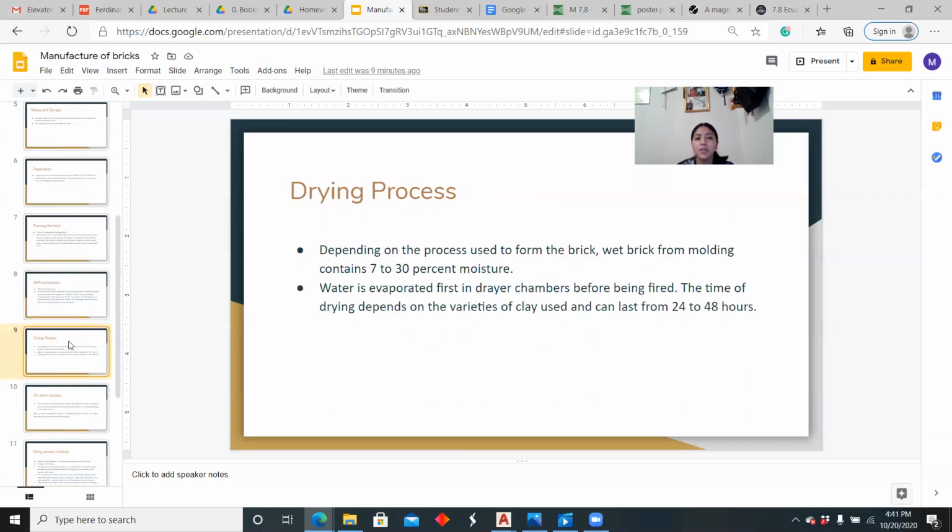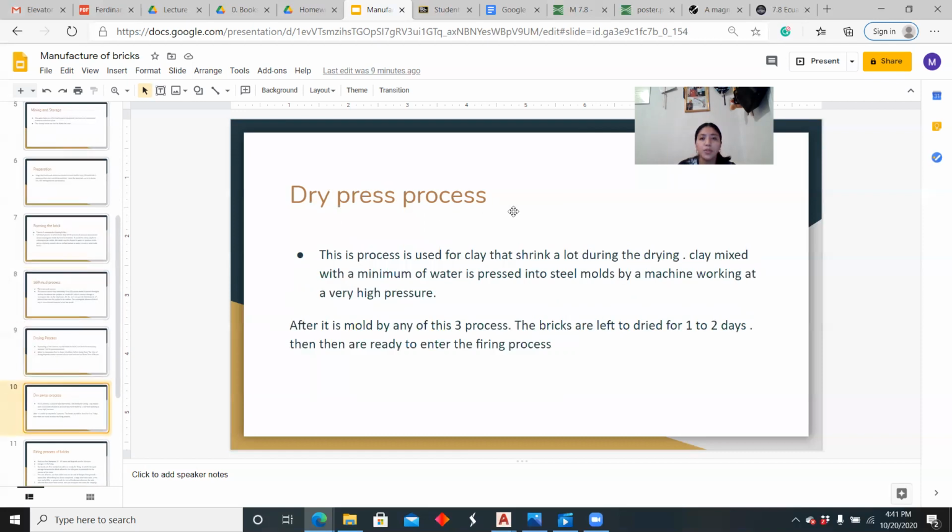Moving on, we could talk about the third method of forming bricks, also known as the dry press process. This process is used for clay that shrinks a lot during the drying process. Clay is mixed with a minimal amount of water and is pressed into steel molds by a machine working at